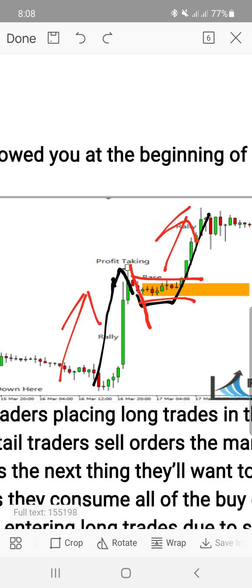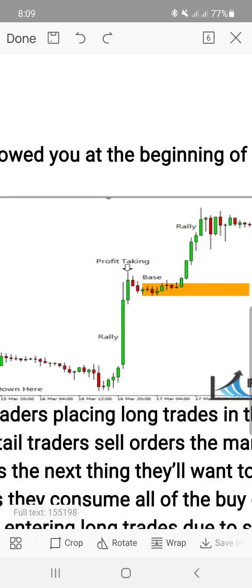Like I said, the battle is between retail traders and institutional traders. Now, the fact that this pullback, caused by their profit taking, did not go down very far means that they cannot buy for a very long period of time. What it just means is that